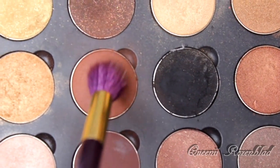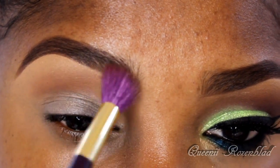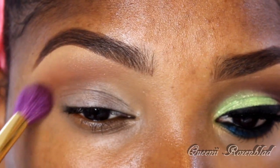Now I'm gonna apply this brown color from my Tawny Tease palette or duo from Black Opal, and I'm gonna use this large fluffy blending brush from the Sonia Kashuk limited edition 15-piece set, and I'm just gonna apply this to the transition area, blending it up towards the front part of the brow, but as you guys can see,